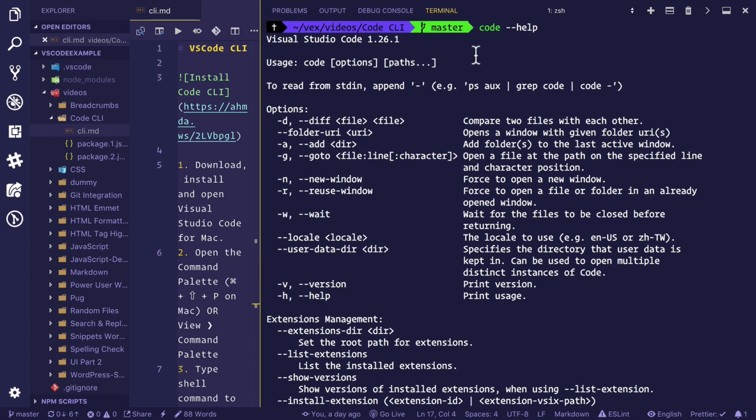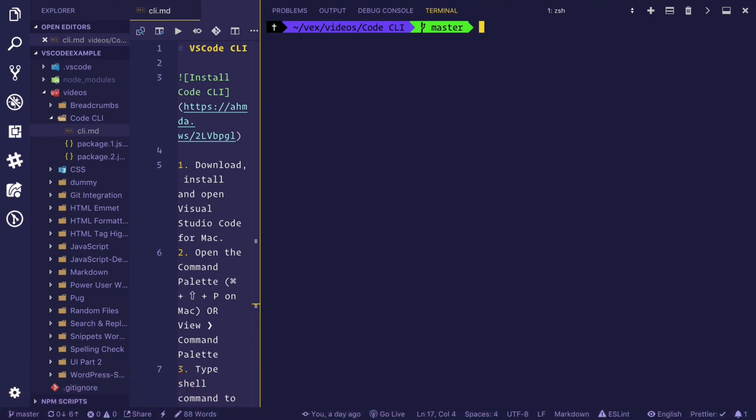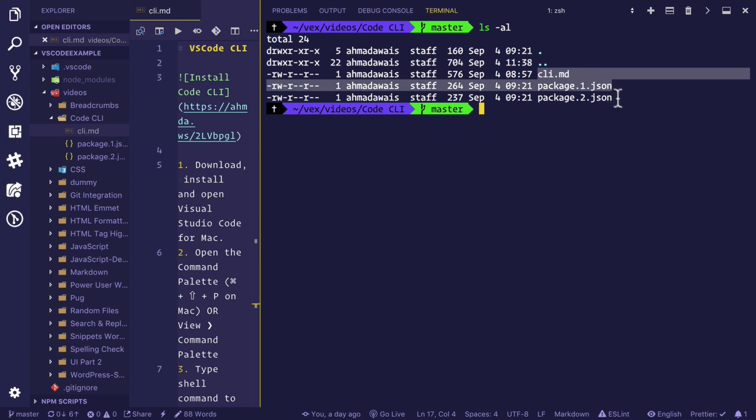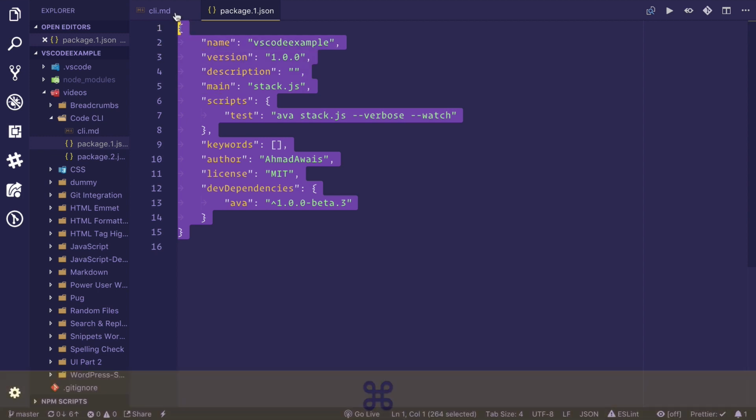Let's go ahead and try the Code CLI. I'm going to press Command-K to clear the screen. Let me show you the contents of this folder. In this folder, we have these three files. Let's open this file with the Code CLI. For that, type code package1.json and press enter. As you can see, we opened up this particular file in Code just by using